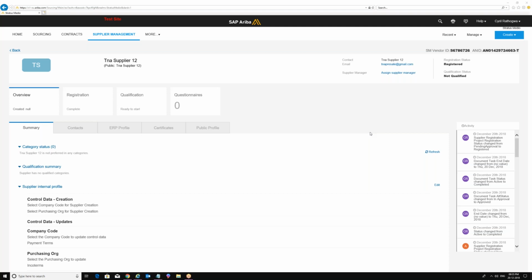Because if you have 4,000 suppliers, and you do supplier registration and qualification process for 4,000 suppliers, that person is going to go mad. So those suppliers will be created as normal suppliers. They will come through the data load section, through the automated data loads as a part of master data integration.